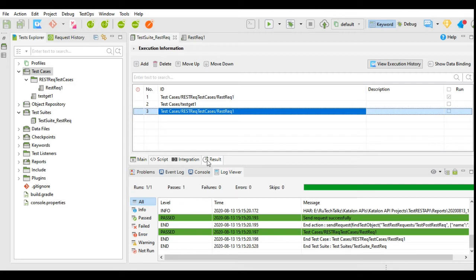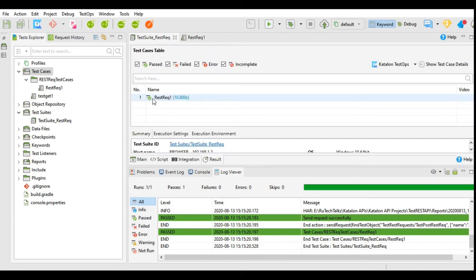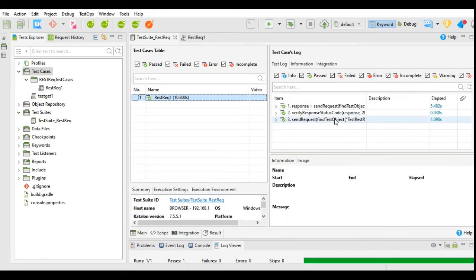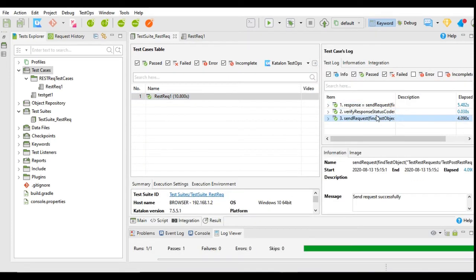You can check the result by clicking this result tab and you will get this REST request execution details by clicking the request and show test case details, and you will find the test case details over here for the executed test steps, elapsed time.